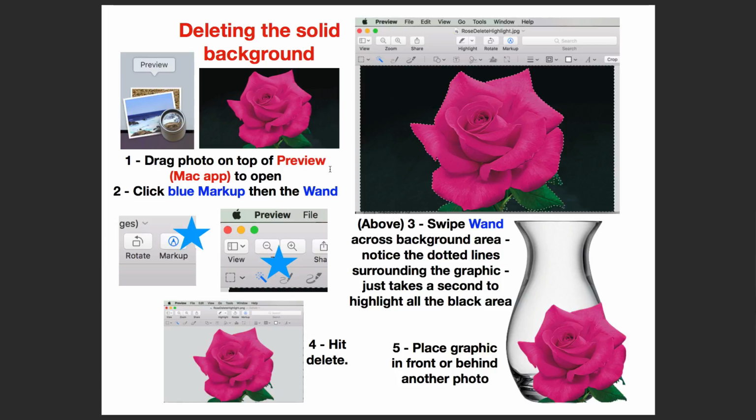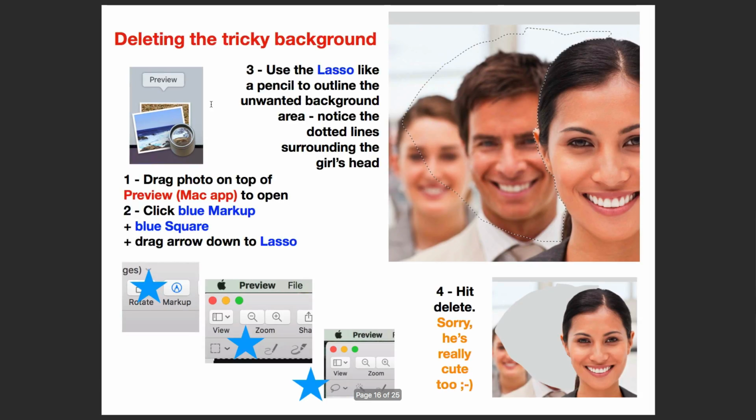So just look on the bottom of your screen. All right, now you get a different way to get rid of a background. This is a little trickier, okay? You've got people here and everything, so you're still going to drag your photo on top of the preview app